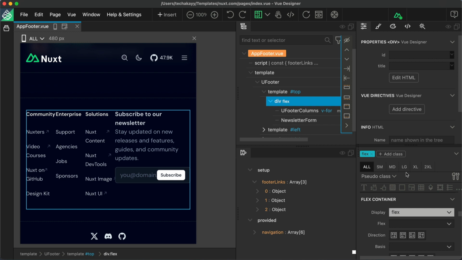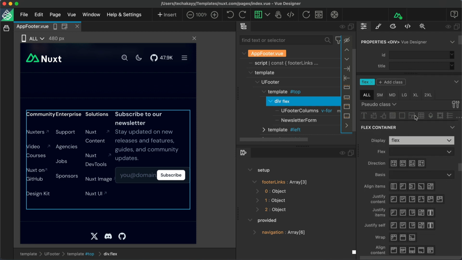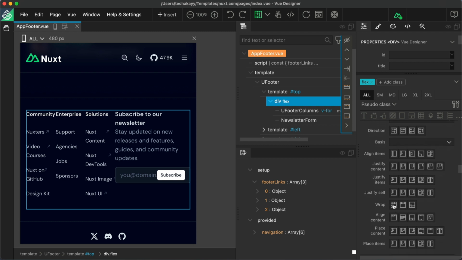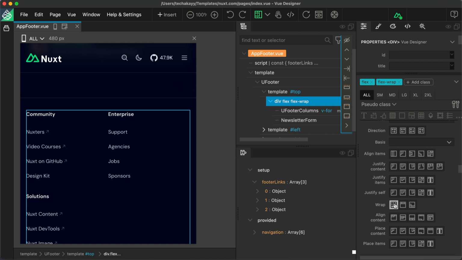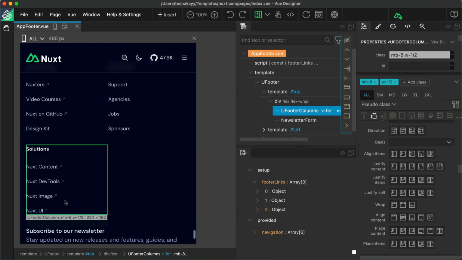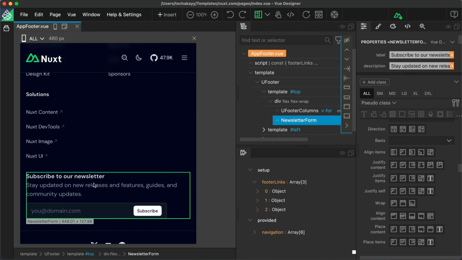And what we saw is that all those 4 are now in the same row. But we want all these 4 to be wrapping. So what we can do is, under the flex section, we can say that we want the flexbox to wrap by clicking on this icon. So what that did is it wrapped those 3 columns, the footer boxes, and then below that the last one is the subscribe to our newsletter,